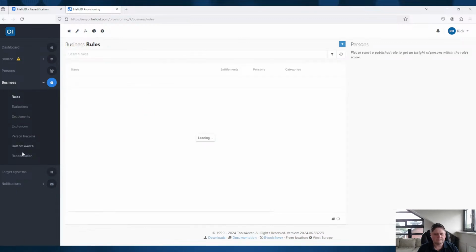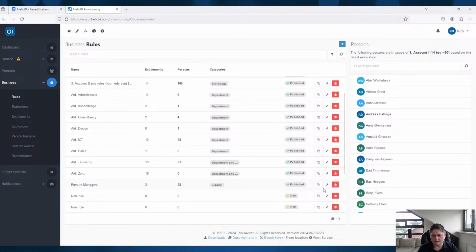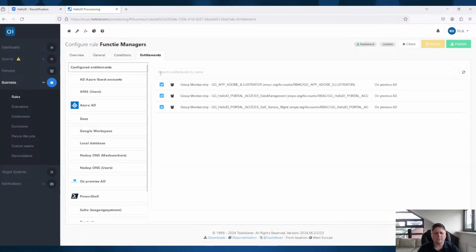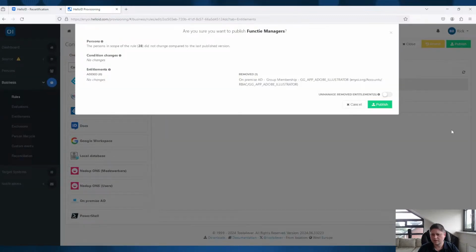But I can show you how it works because I just assigned the illustrator in Active Directory. So the membership is really in Active Directory. And now I will remove the illustrator group, and I will say publish. And I say unmanaged removed entitlements. So that means we will lose the state in HelloID for these groups, but the membership is still in